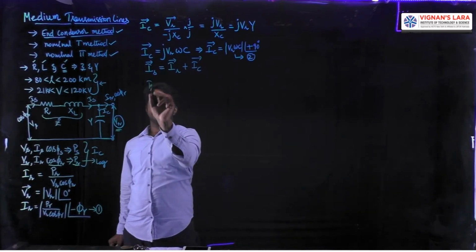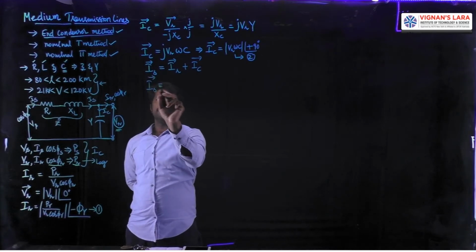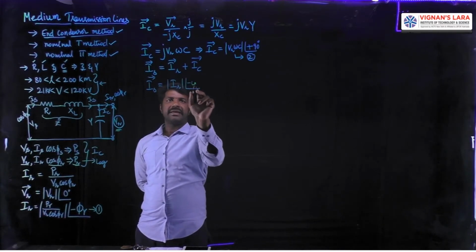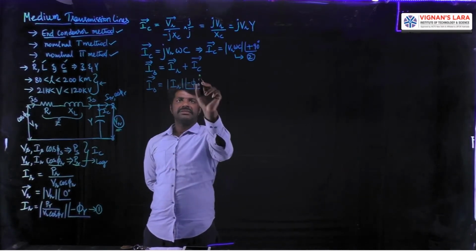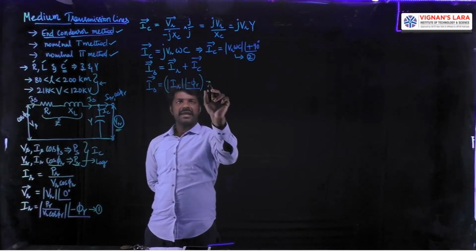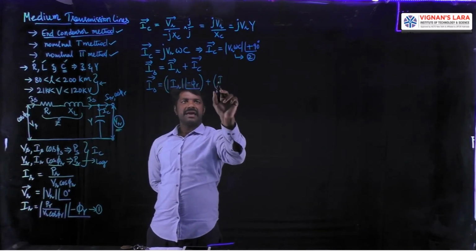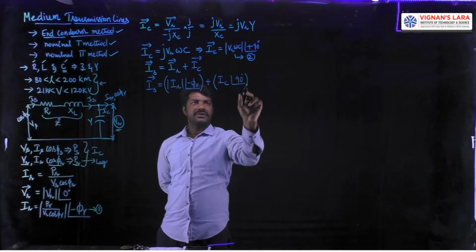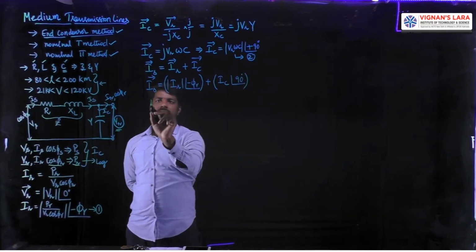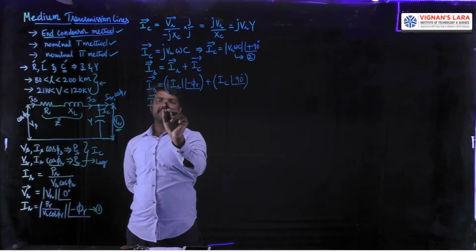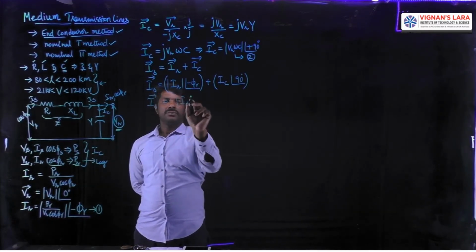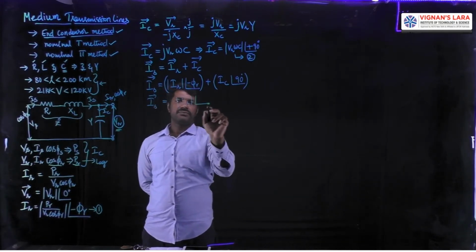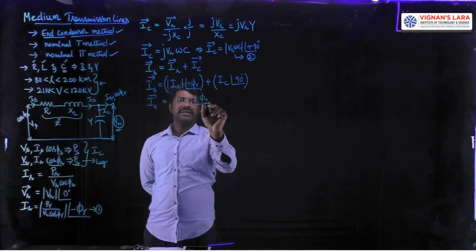Then I can write this current as IS, which is equal to IR having a certain magnitude, where I know that it is a lagging current, so minus phi R angle. This much amount of the lagging current is to be added with the leading current, which is having magnitude of IC, and I know that it is a leading current by 90 degrees with reference to the voltage. So adding these two, I get the magnitude of IS as a certain value, whose magnitude can be calculated from the above summation, and it makes a certain angle called phi 1.